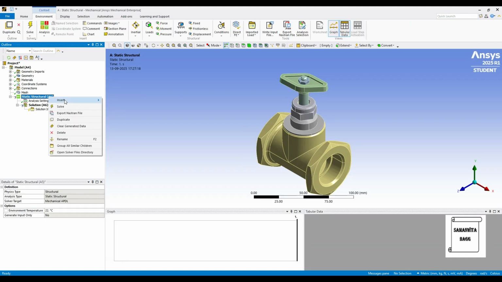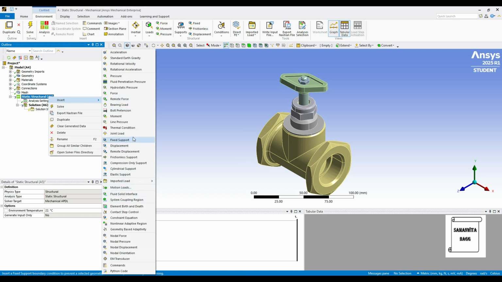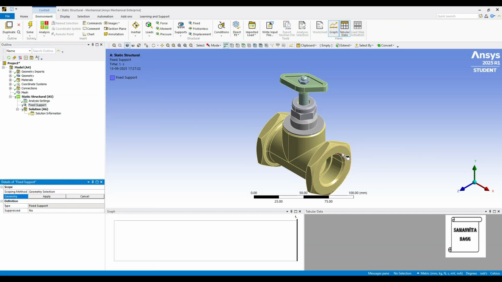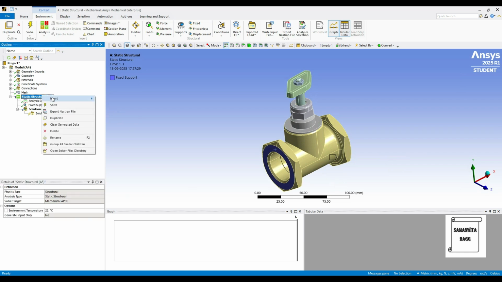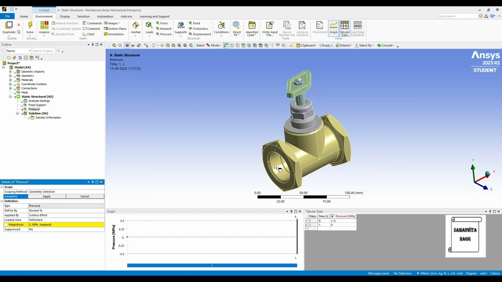I'll right click here and insert fixed support at these two ends. Apply. Then I'll insert pressure on the inner surfaces.